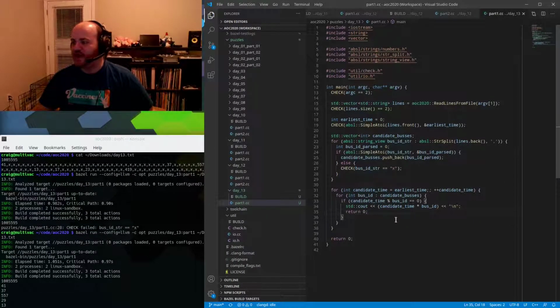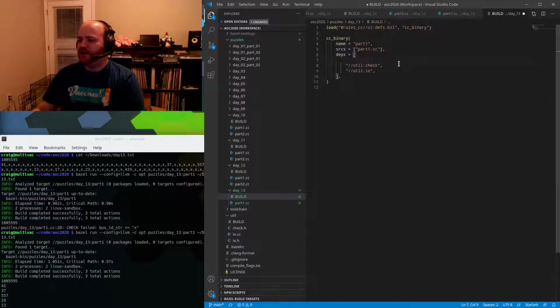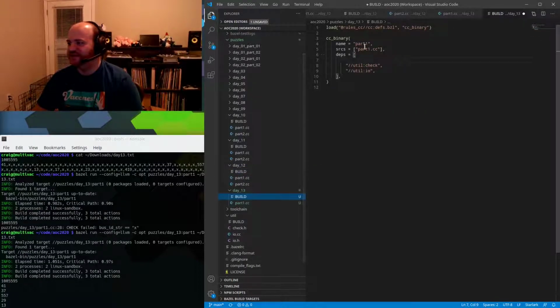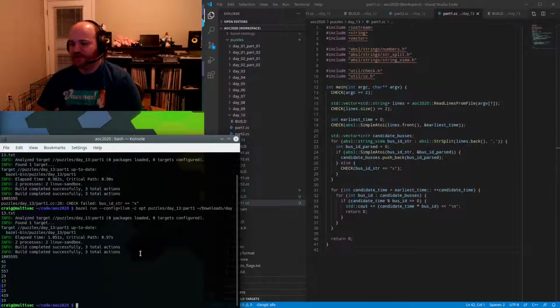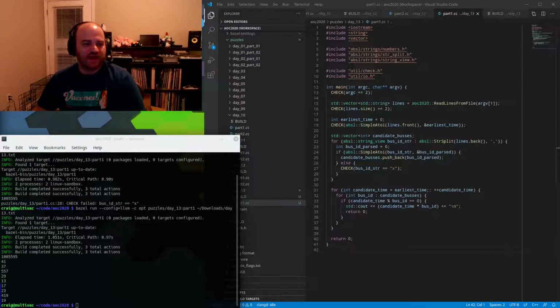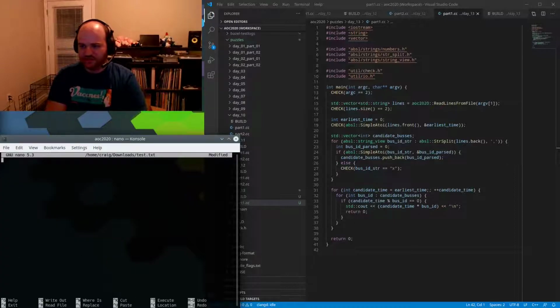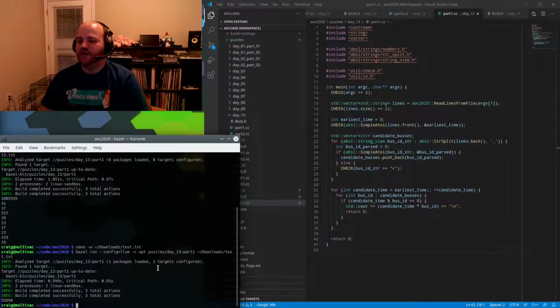So I think we have our solution to part 1. We need to put in the dependency on the abseil strings library there. I mean, I think it got it transitively in the sandbox because of the util libraries it includes, but, you know, still good to be explicit about that. Let's go ahead and, just as an example, use the test input that they gave us in the puzzle to see if our solution gives the correct answer for that. So we'll put that in test, run this for test. Okay, so it gives us,